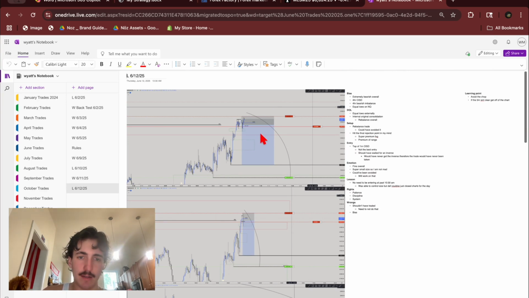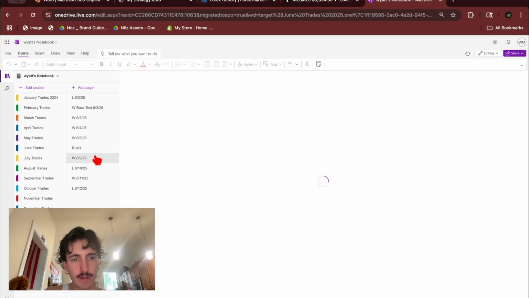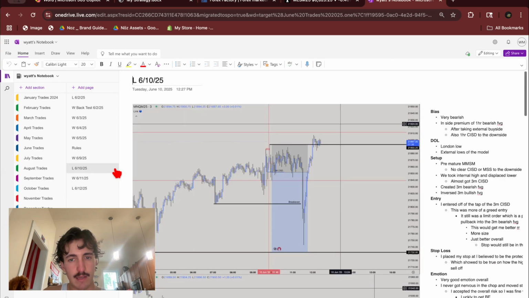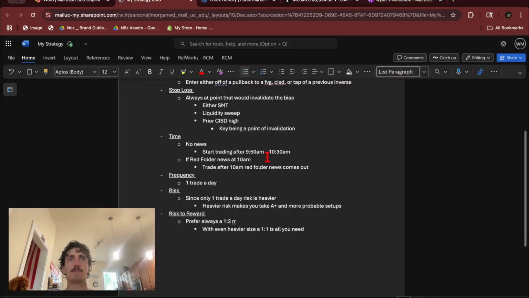This isn't an A+ setup. This is terrible. This right here, A+ setup. This right here, A+ setup. These are the trades that should be getting heavy size, and you should be trading into them. This trade right here, mid, not good. But it just goes back to how important it is to risk heavy, because one,